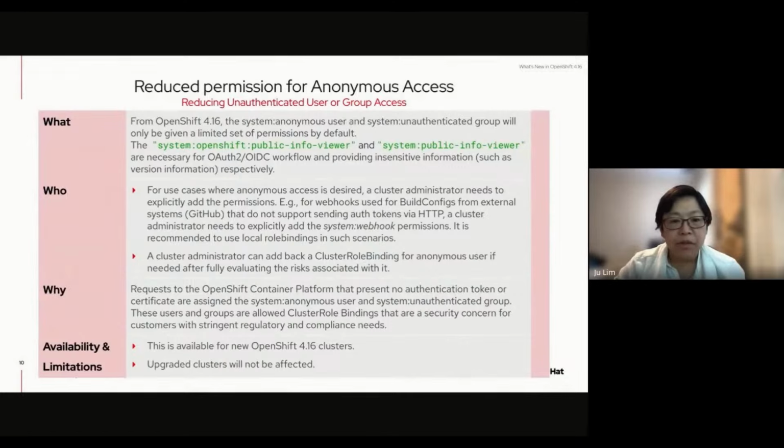Let's take a look at permissions for anonymous access. From OpenShift 4.16, we limit the permissions given to the system:anonymous user and system:unauthenticated group, and by default only allow the following rules. system:openshift:public-info-viewer is needed for OIDC workflows, and system:public-info-viewer provides version and other non-security